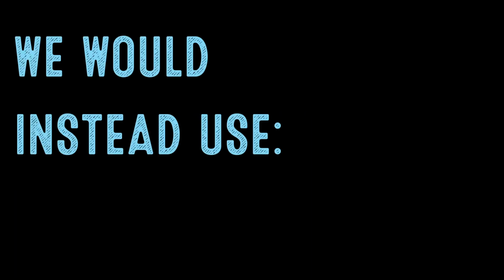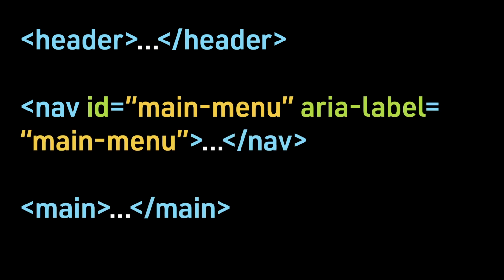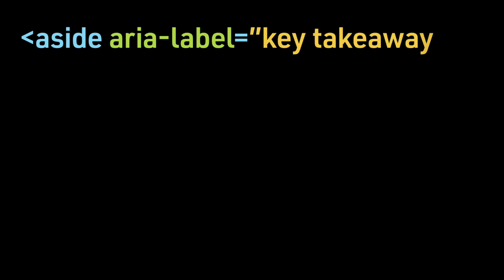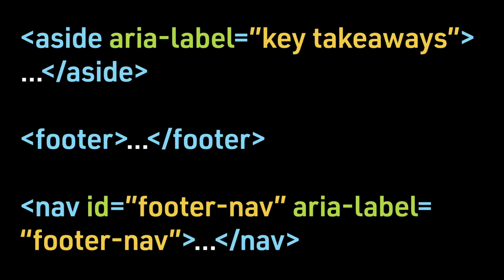So for the above examples, we would instead use header, nav, ID main menu, aria-label main menu, end nav, main, aside, aria-label key takeaways, end aside. Footer, nav, ID footer nav, aria-label footer nav,